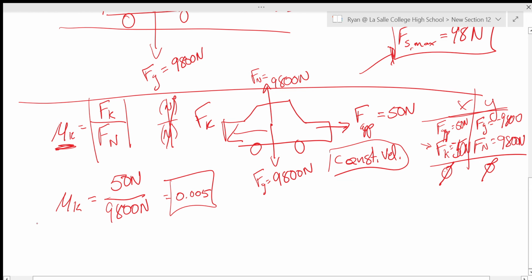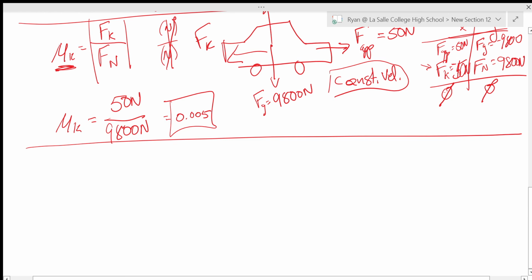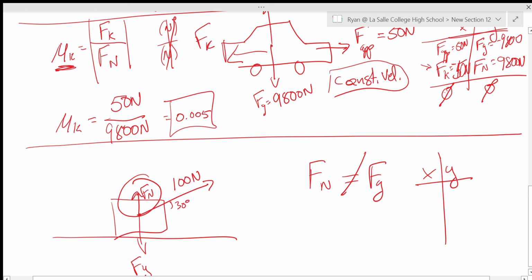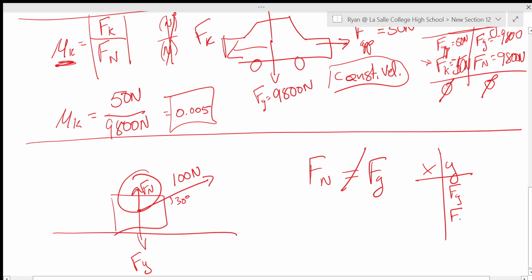I mean, the only other big thing is if I have a box and I pull on this upish at an angle. Then, from what we've already talked about in class, Fg is down, Fn is up, but Fn, in this case, cannot equal Fg. You think about that and it makes sense when you go to fill in the XY table: in the Y direction I have Fg, I have Fn, but I also have F applied in the Y